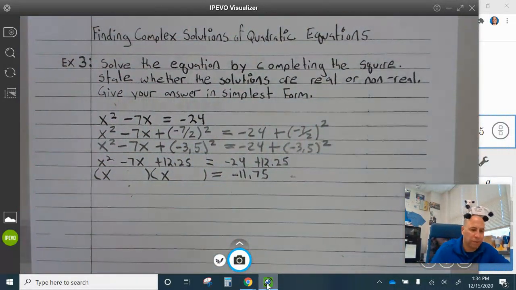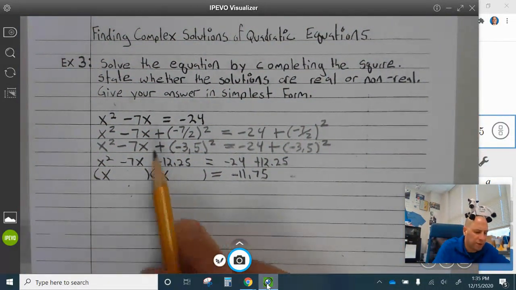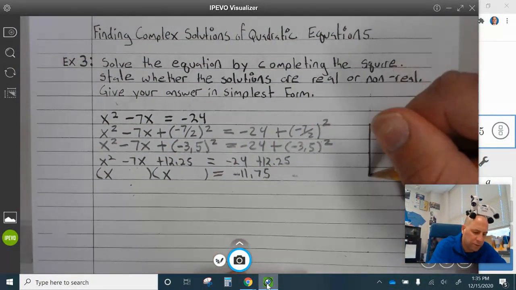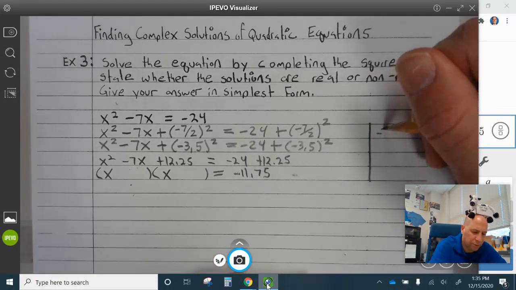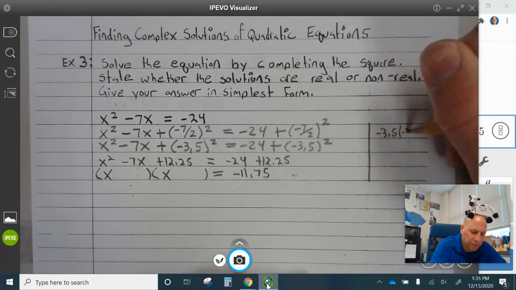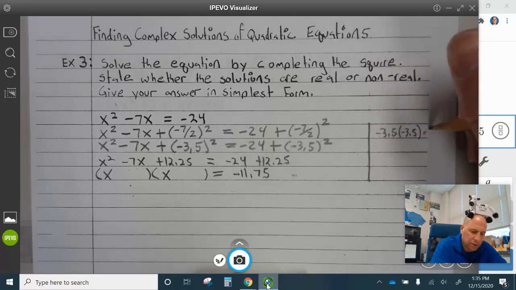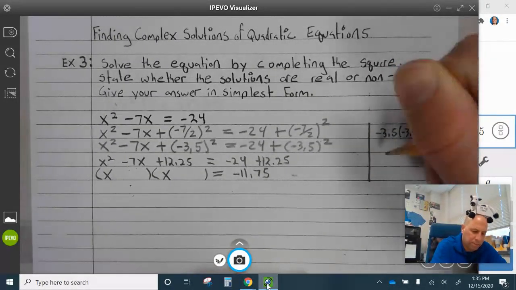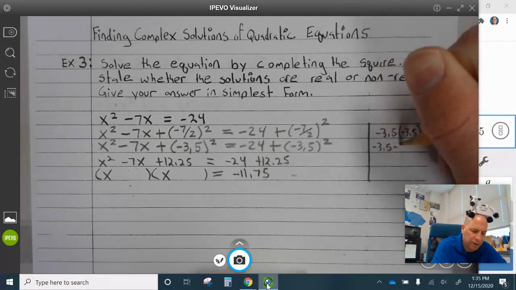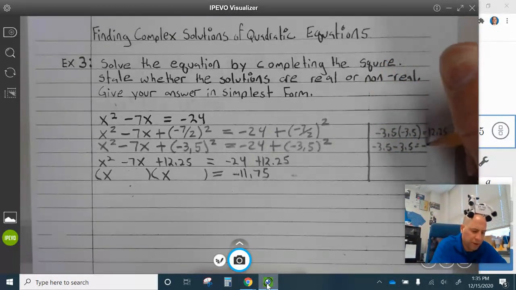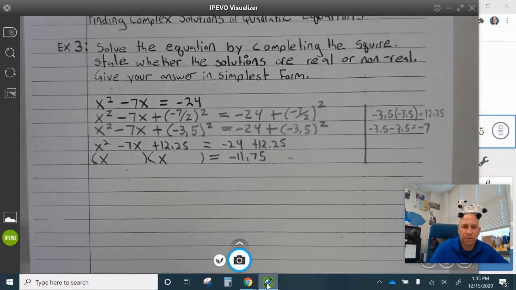Now we need to think about what numbers multiply to give you 12.25 and combine to be negative 7. Well, we already have that. Negative 3.5 times negative 3.5 is 12.25, and negative 3.5 minus 3.5 equals negative 7. So our factors are,